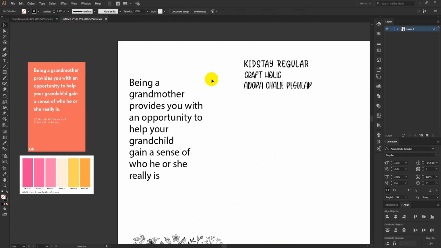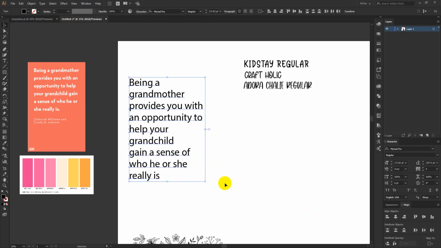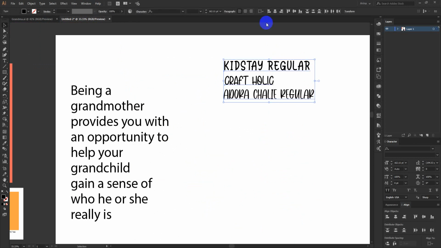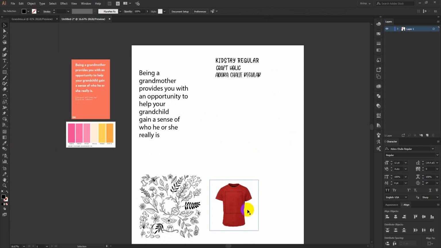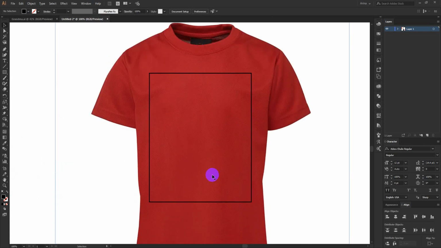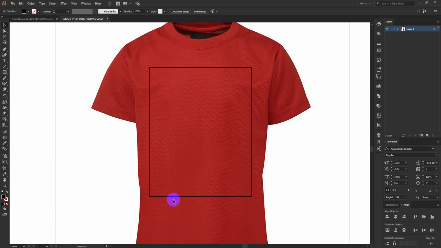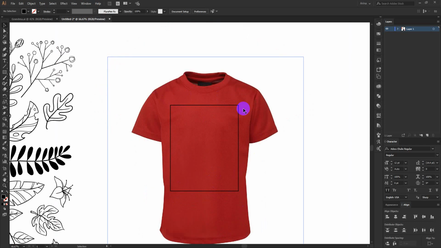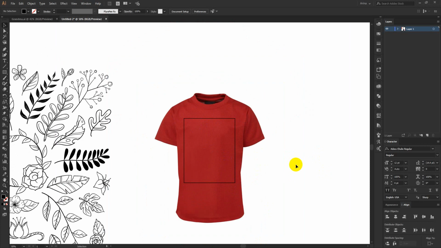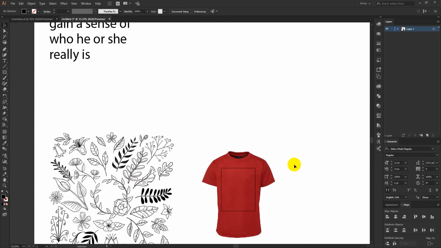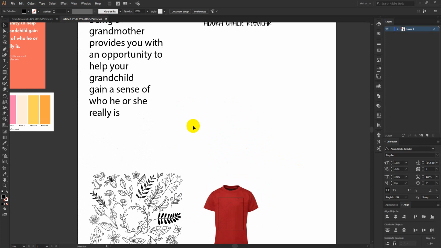And for this design my audience is female, so I have to use some fancy type of fonts. Here I selected 3 fonts from my font collection. I will use this in my design. And you have to remember one thing, the print area of a t-shirt is something like this area, so it will not print on the whole front of a t-shirt. Whatever you are doing, you have to understand that this will be printed on a very small area like this, so it has to be very clear to read, and if that is not readable then your buyer will not buy that design.